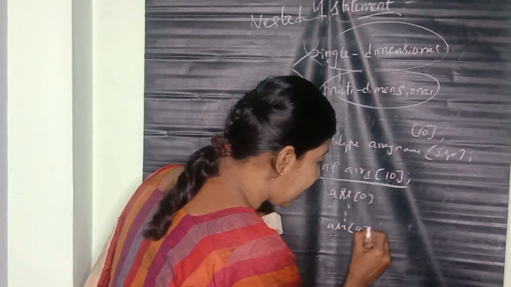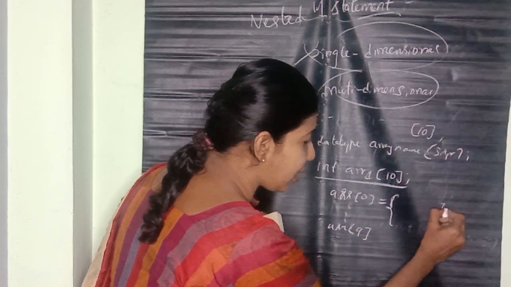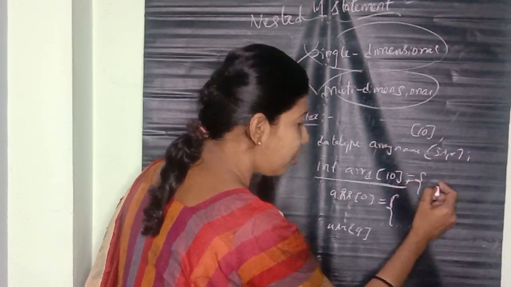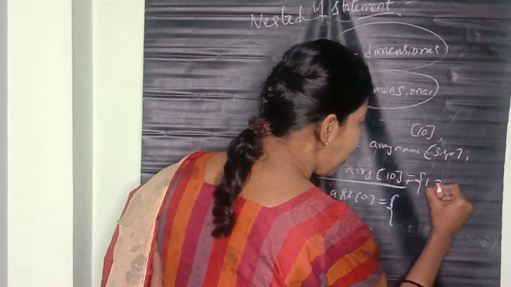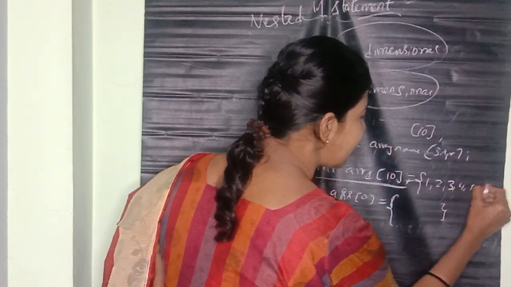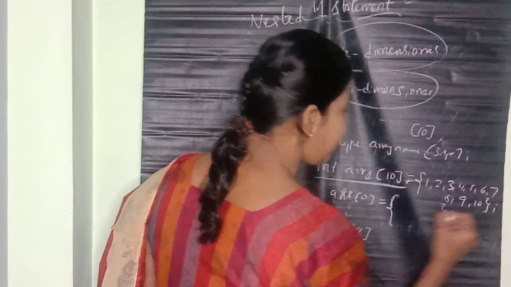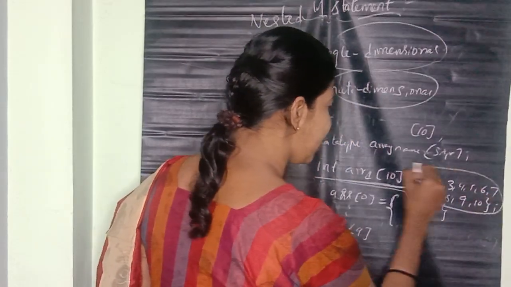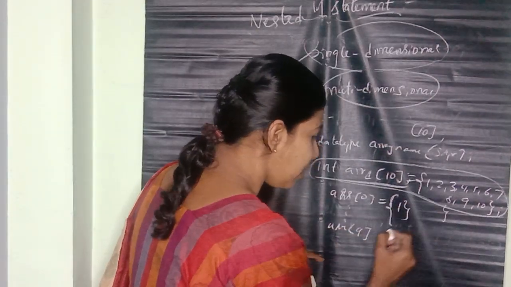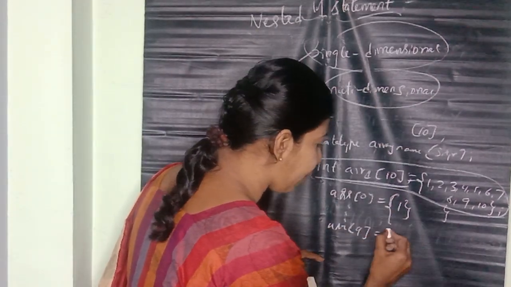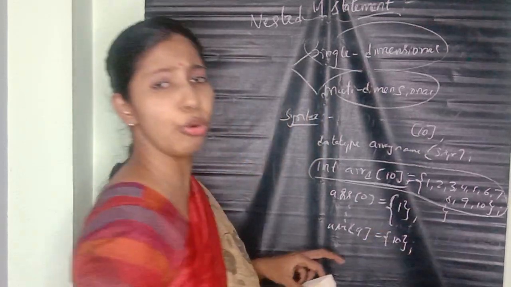Okay, array of 0 to array of 9. Array of 0 is equal to, you have given some optional elements, array of size is equal to 10, and 1 2 3 4 5 6 7 8 9. Okay, 10 also you have given. Semicolon you have to specify, here is given, here is the array size. So array of 0 to array of 9 is 1. Start with index 0, array of 9 is the 10th element being stored. Okay, make a note of it.